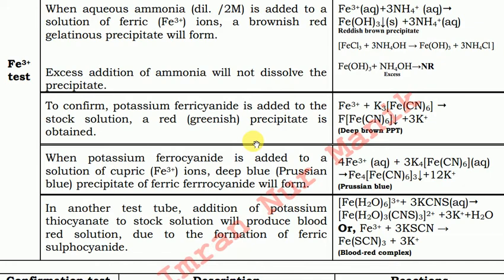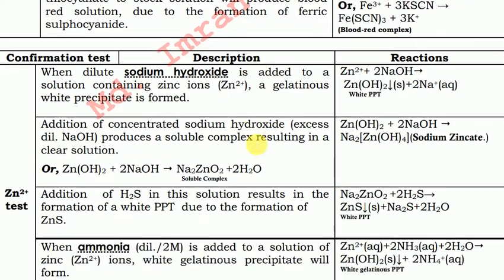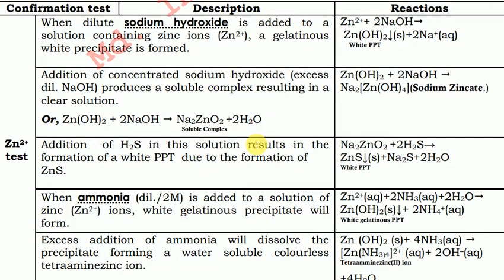Now let's move on to another confirmatory test, which will confirm the presence of zinc ion in the sample solution. When dilute sodium hydroxide is added to a solution containing zinc ion, a gelatinous PPT of zinc hydroxide is produced, which is white in color. If excess amount of sodium hydroxide is added to the solution containing white zinc PPT, then the PPT becomes